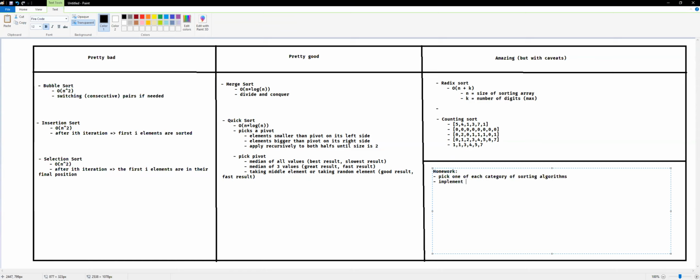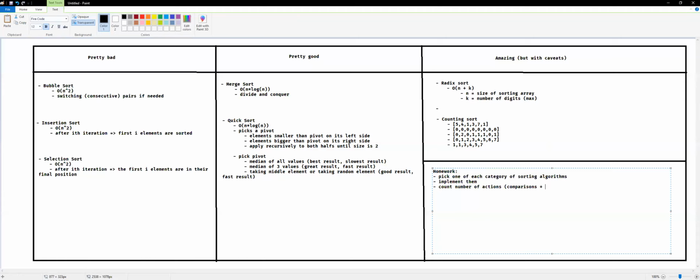Implement them, and count the number of actions in which they comprise of comparisons, and basically attributing,